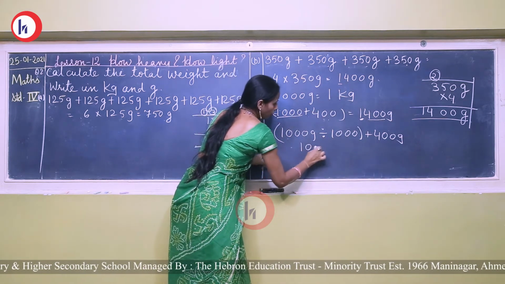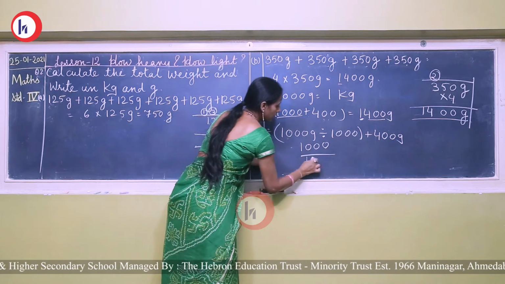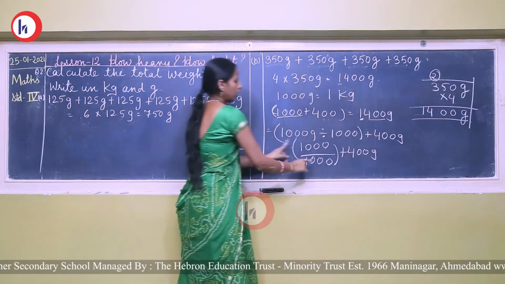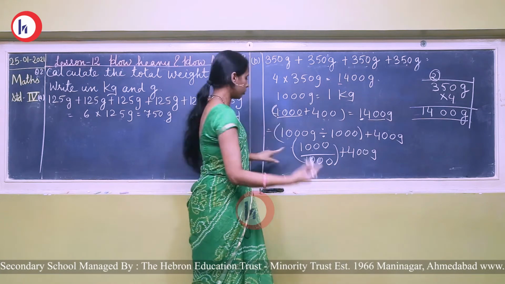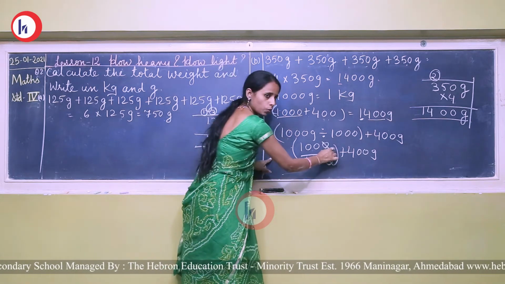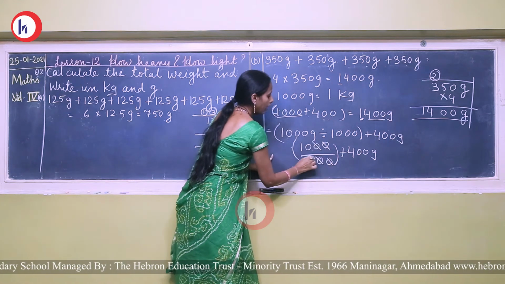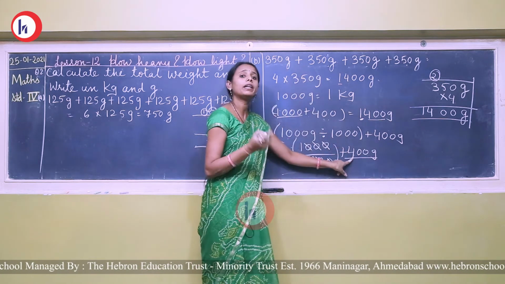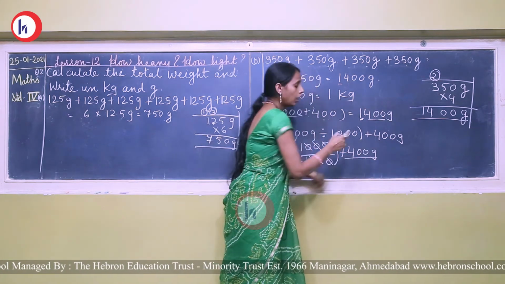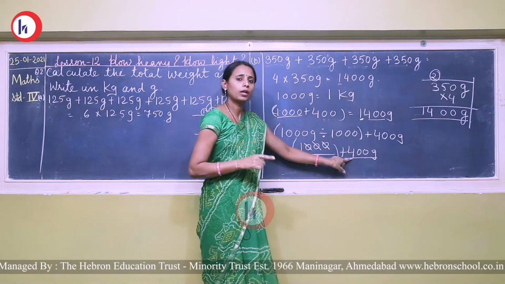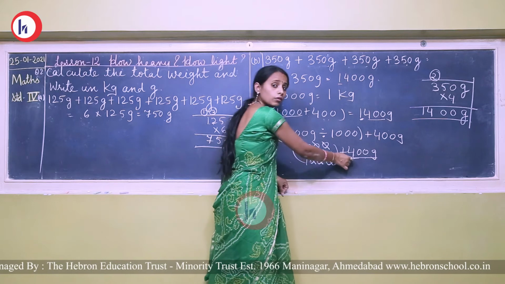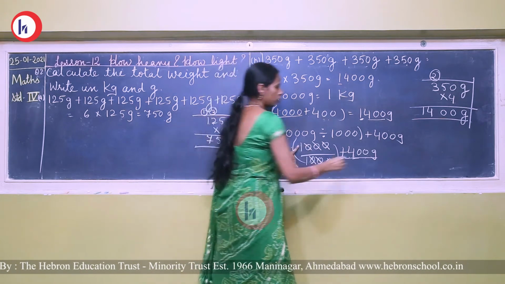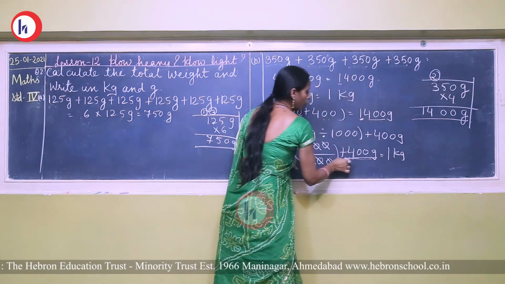Now this one you can divide in 2 ways. This is the first way. See, in this way we can divide, and the second way I also explained. First this 0 will be cut from this one, then this 0 will be cut from this one, and this 0 will be cut from this one. So the answer is 1, and here is 400 gram. So we will not convert it into kilogram because it is less than 1000. अगर ये 1000 से ज़्यादा होता then we will convert in kilogram, but it is less than 1000, so we will not convert it, and it is already converted in kilogram. So the answer is 1 kilogram and 400 gram.